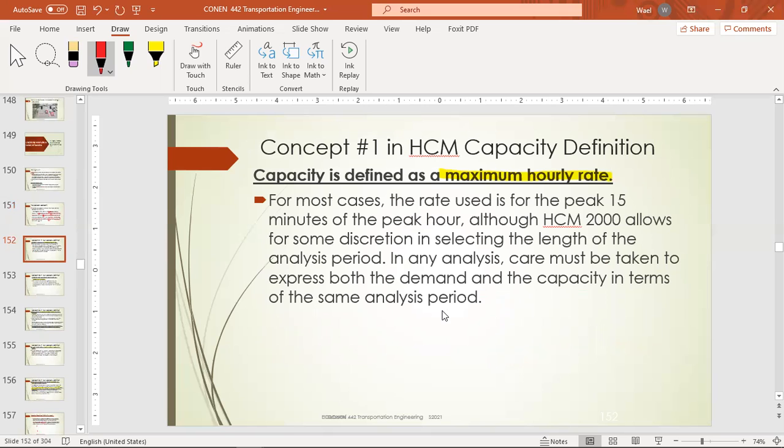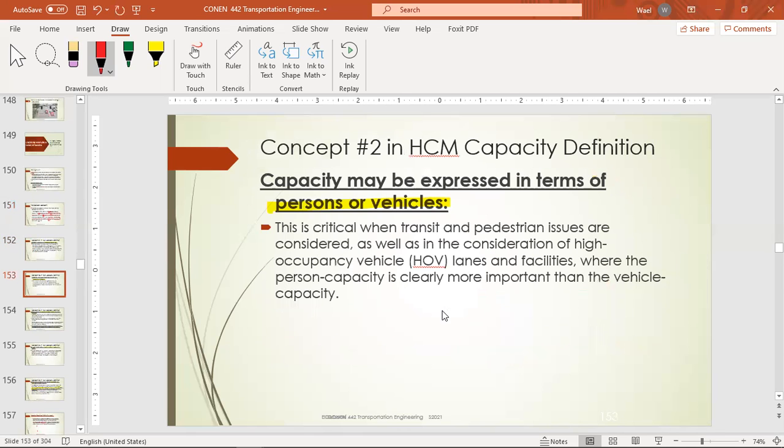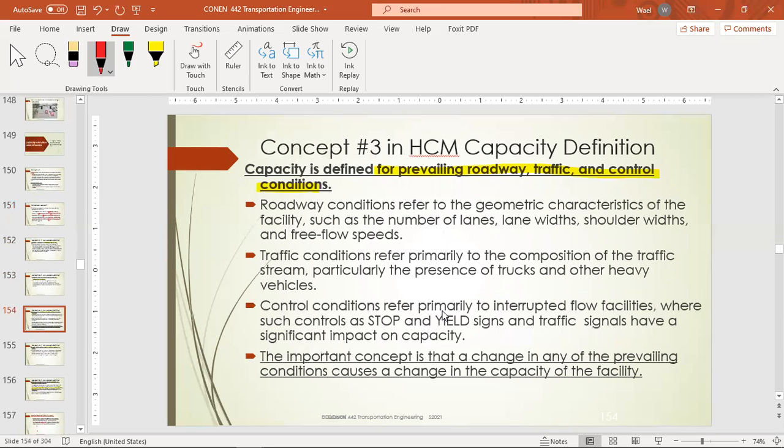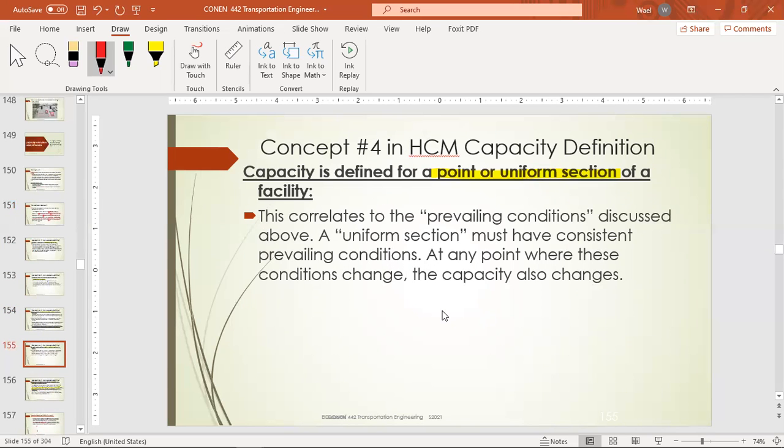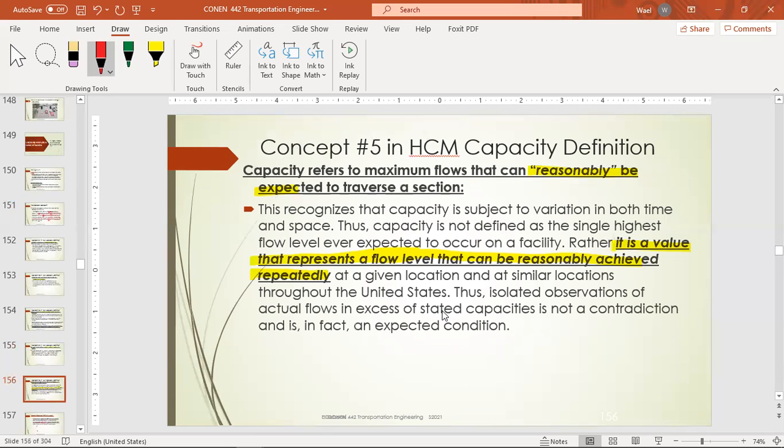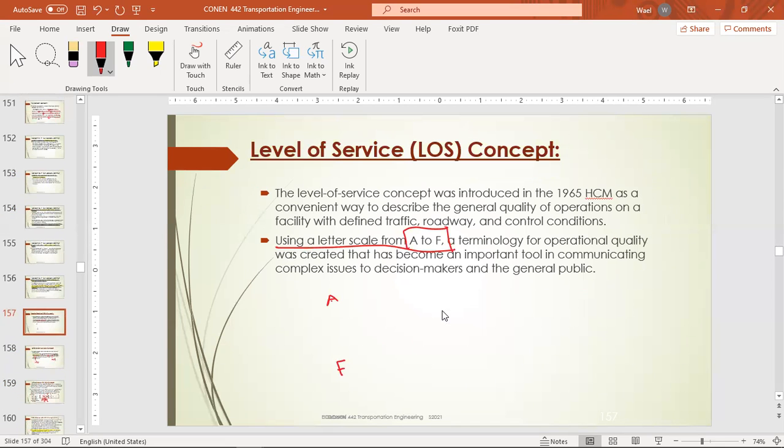Okay. Here we are discussing each of these concepts. Maximum hourly rate can be measured and expressed in persons or vehicles. Here, prevailing roadway traffic and control conditions, and here the point or uniform section, and here reasonably expected. So these are the five concepts included in the definition of the Highway Capacity Manual. However,